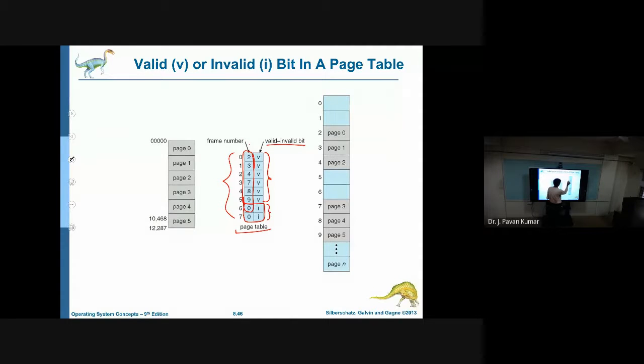The frames which contain pages are valid pages, and the pages which are not present in the main memory are considered invalid pages. So you can indicate that by using another bit called the valid or invalid bit. It can be either 0 or 1.